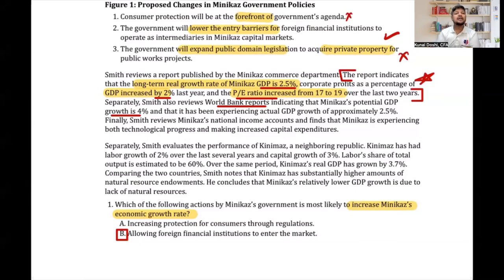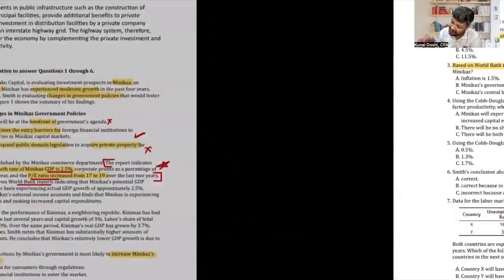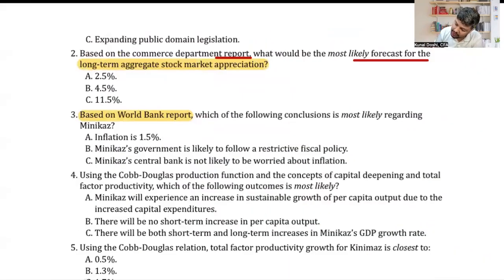Okay. Now, what do we need to understand? That in the long run, when I say long-run economic growth rate, the other factors, the dividend yield, which is stable, the corporate profit share, or the change in P/E ratio, cannot forever keep on going high. They will not be sustainable. So they will not impact the long-term growth in the stock market. Whenever they ask what will impact the long-term aggregate stock market, it is only the long-term growth rate in the